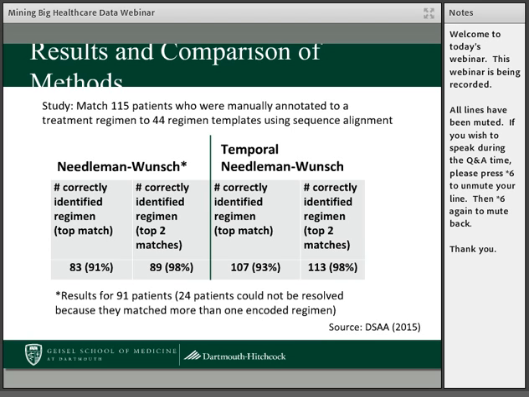And you'll see that in the first part, there are patients that we could not resolve which regimen they're on because we couldn't incorporate the timing. Some regimens looked exactly alike, as I mentioned, so there was basically a tie between those two regimens where the patient matched them. When we used the temporal version of our algorithm, it had very high accuracy in matching patients to the right protocols. And so we're using this as a way to encode the protocols from the data so that we can have that part of our analysis going forward.